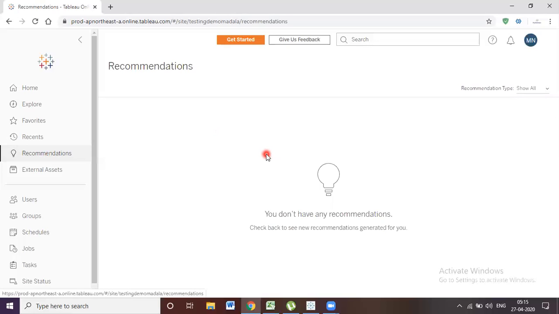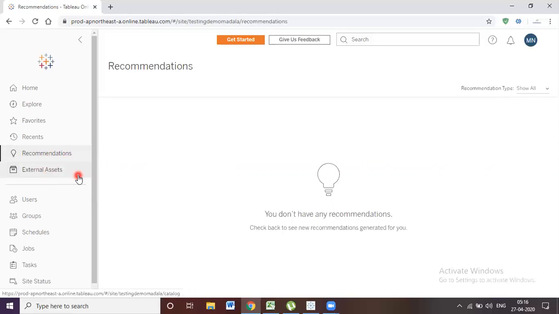As I said in the starting, in 99% of cases these recommendation options will be disabled. See, for example, some people may have access and some people may not have access to the reports. So in that situation, the recommendation options will not be helpful, right? Maybe that is the reason this recommendation will be disabled by the server administrators.